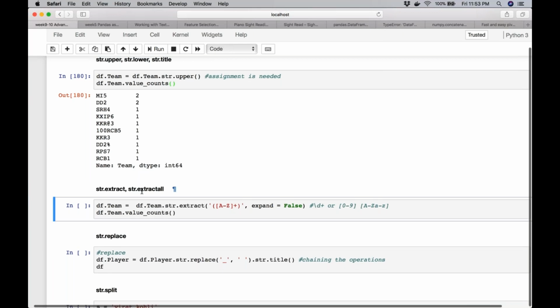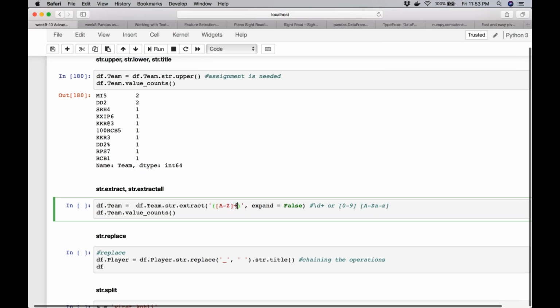There's extract and there's extractall. This is making use of regex. I'm going to explain regex in a little more detail, but the short version right now is that if you want to extract only the alphabets, you use A to Z, a to z if you want to extract small as well as capital characters, and if you want only capital, you would use A to Z. Please remember this is in square brackets.